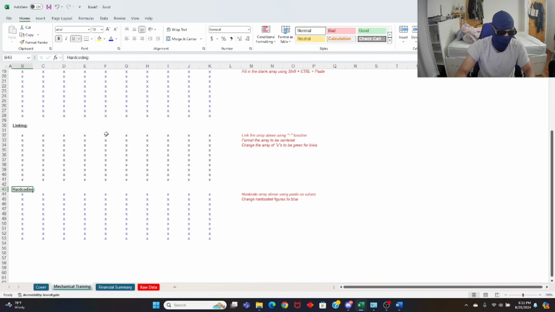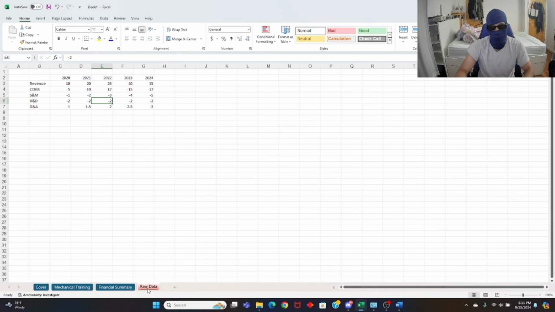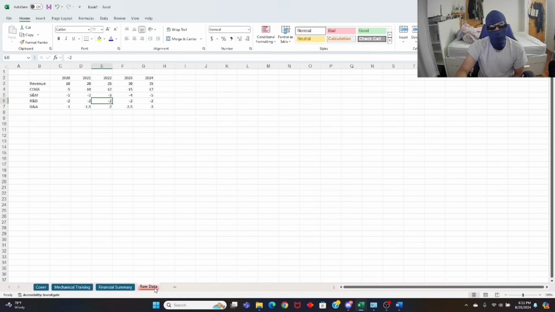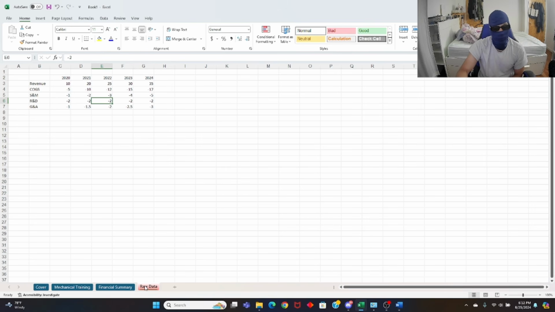So with that said, I think we have all of the required necessities needed to build out a very simple P&L. Right here you have your financial summary tab, which we're going to populate. Here we have our raw data tab, which is essentially what we're going to be linking to on the financial summary tab. And I'm going to be telling you guys exactly what I'm doing and the keystrokes that I'm using to get there. So raw data, we're going to transform this into something that is presentable.